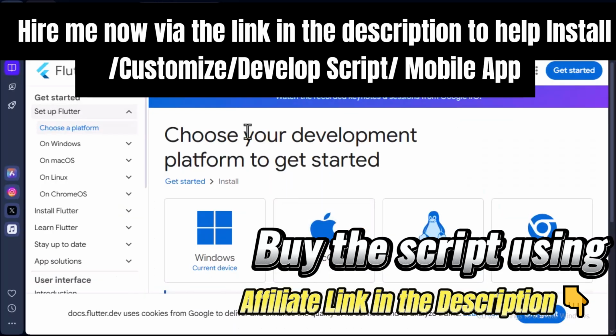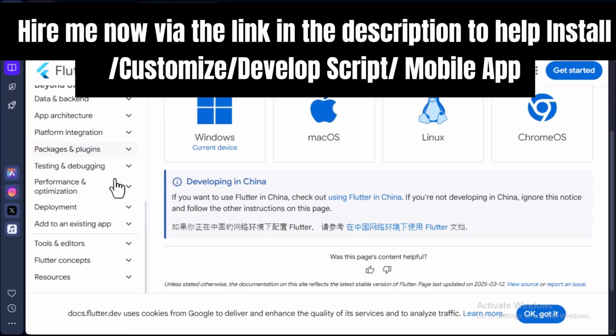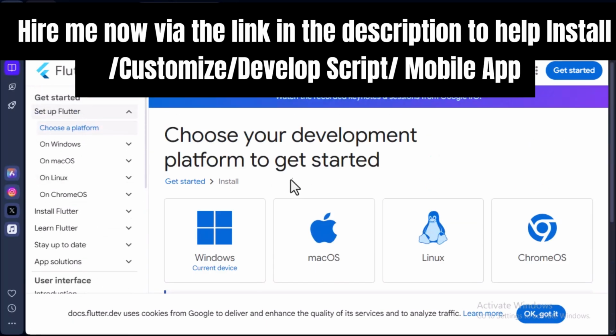So this is Flutter's official documentation website. So you just want to go to docs.flutter.dev/get-started/install. And you're going to be seeing this kind of screen where you have everything related to Flutter. Like I said, this is Flutter's official documentation. So what we want to focus on basically is how to get started and how to install this Flutter SDK